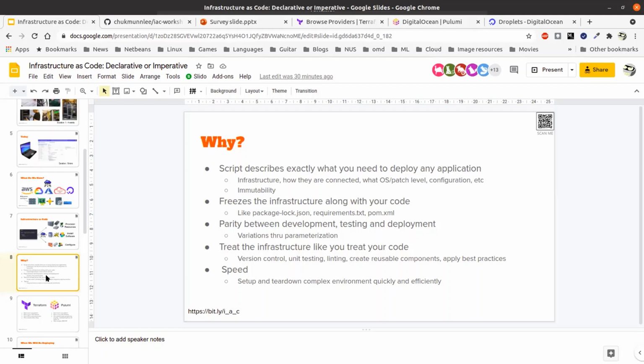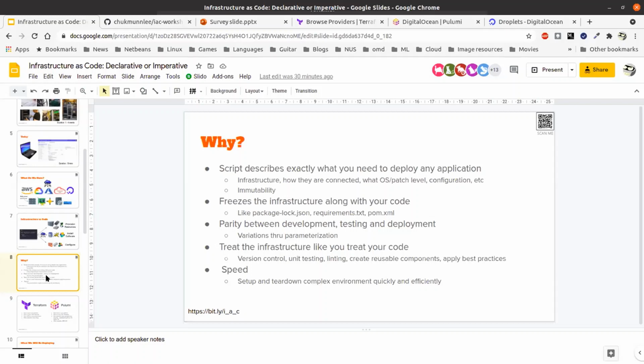We create abstractions by creating reusable components. We apply best practices. We've got patterns. So all the great stuff that we have learned over the last 50 years of software development, we can now apply onto the infrastructure that runs our application.